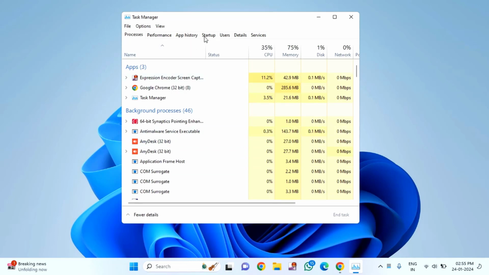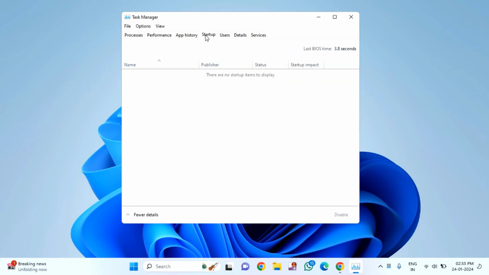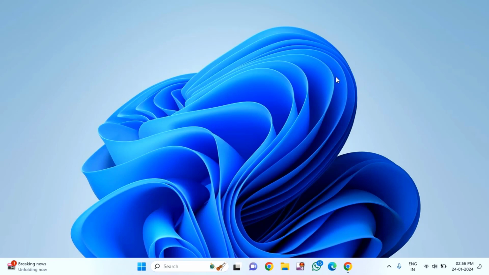In this you can see a Startup, click on the Startup, and here you will find all applications. In this you can disable all unwanted applications which will start automatically when your PC starts. Just disable unwanted applications, select application, then click on disable. After this, once again you have to restart your PC,